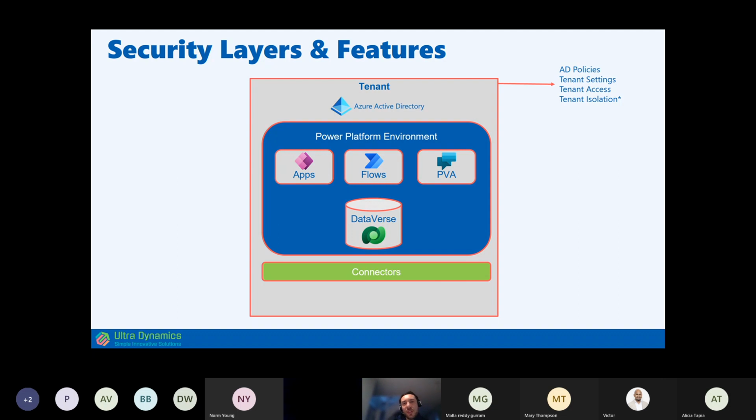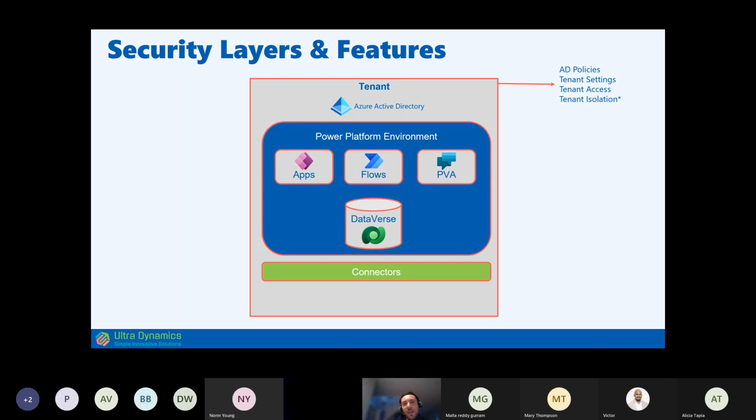There are some other policies and tools that you can do for mobile devices as well. So that's AD policies. And then we typically got some tenant level settings at the Power Platform level. So there are some settings you can set, which we'll walk through briefly as well. And then you can manage who's got access to the tenant as well. And we've got some features like tenant isolation that you can set up for the apps and flows. So these are the things you can manage at tenant level, and they apply to all the environments that are